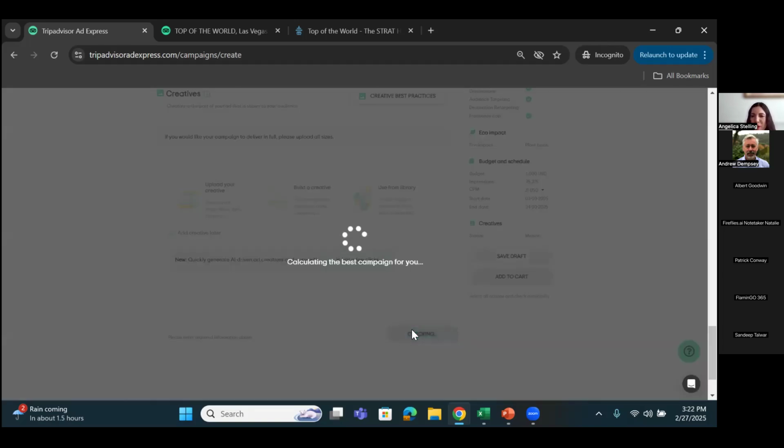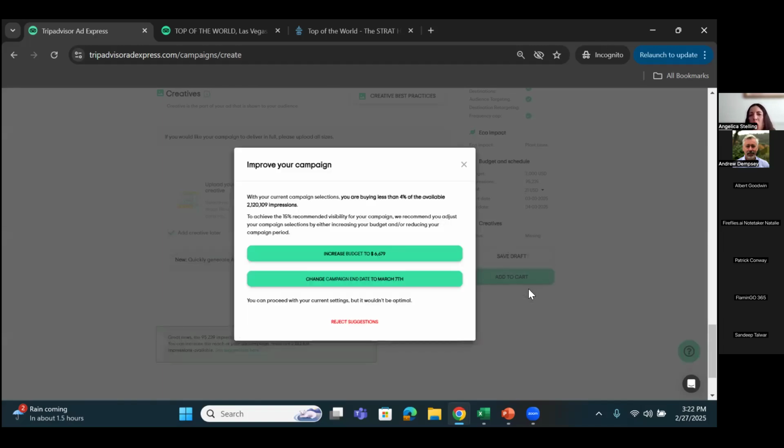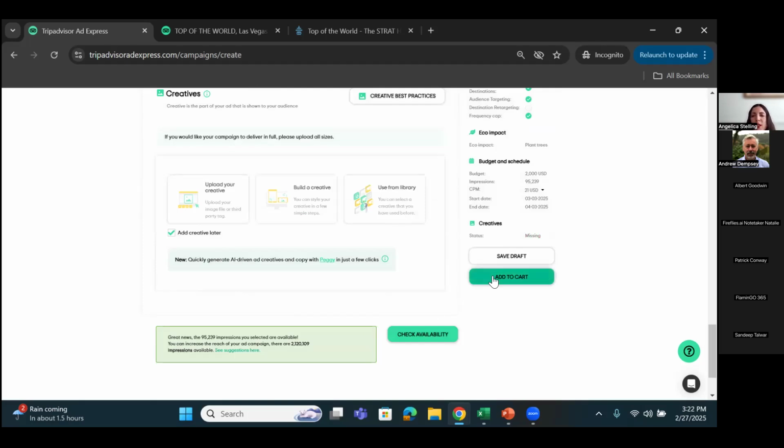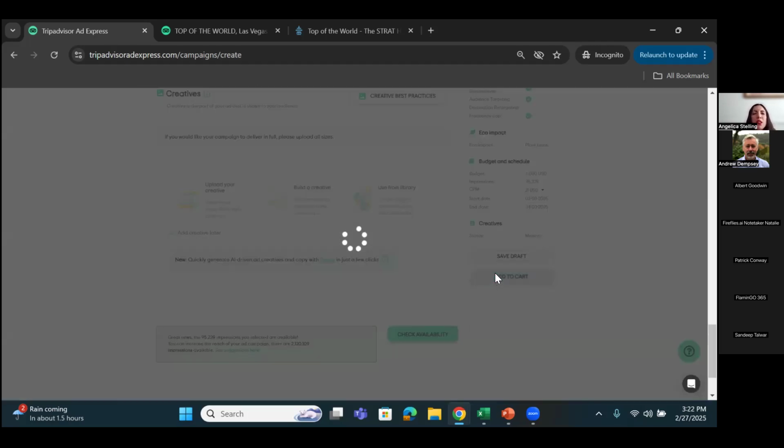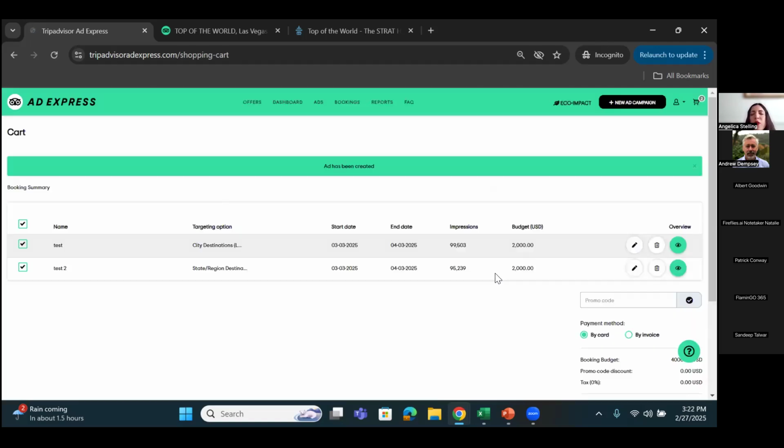So we're going to check availability again, not trying to sound like a broken record. And we're going to go to the cart again. I'm going to reject suggestions. I'm going to add this to cart. So back to the cart. If you notice, we have 2 billing methods, credit card and invoice. Everyone defaults to credit card. Invoice is reserved for those who are booking regularly a few K a month within our platform, and that is